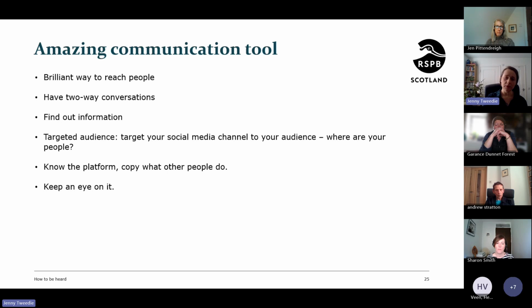This has transformed the way that we talk to people, because you can have conversations with people. It's not just a poster and then you don't know who's engaging with it. Suddenly you're putting something up, you know that 1,000 people have seen it, you know that 20 people have reposted it to other people, and somebody's got a question and they can ask it.